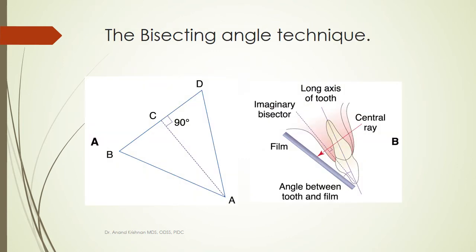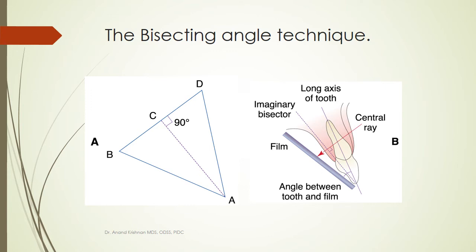Now, to explain it a little more in detail, the image A that you see is a triangle. Basically, the blue line is a triangle. Now what we are going to do is divide this triangle into equal halves with a bisecting line. The dotted line you see in the middle is called the bisecting line. This sounds a little geometrical, like a bit of mathematics, but just bear with me. We need to understand the principle of this technique if we are going to effectively use it on the patient.